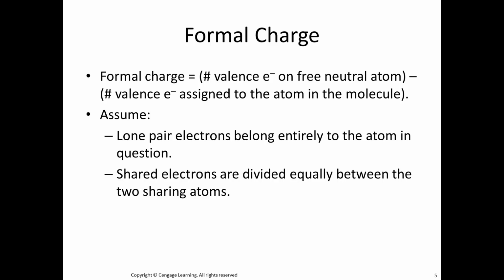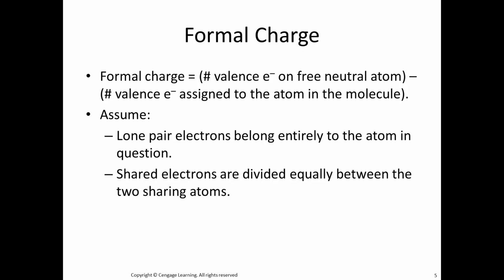Now, in order to calculate a formal charge, we first take the number of valence electrons on the free neutral atom that we're looking at. Then we subtract the number of valence electrons assigned to that atom in the molecule. The way that we assign